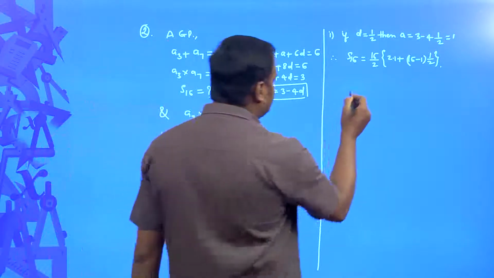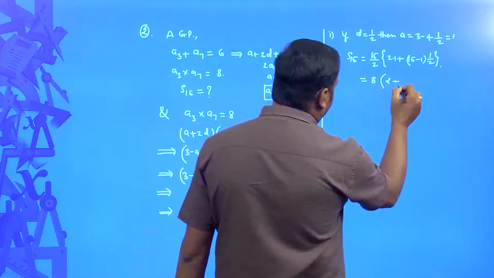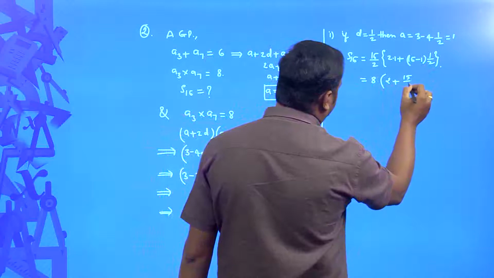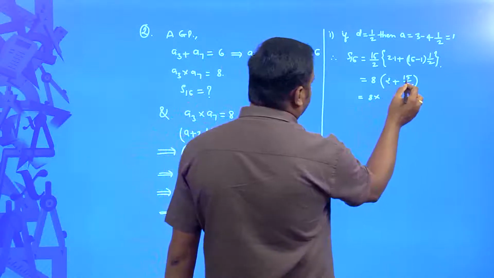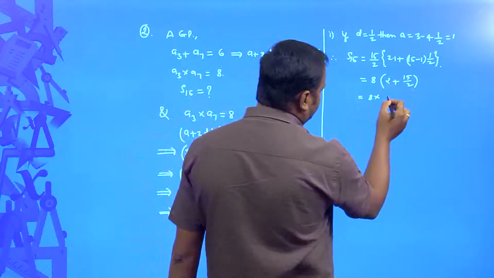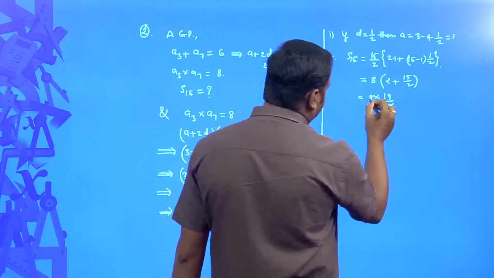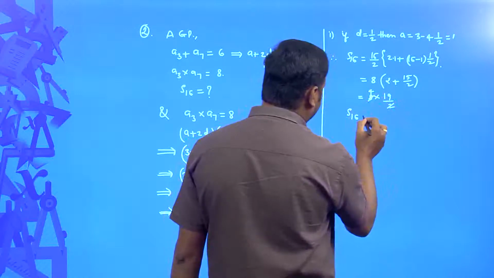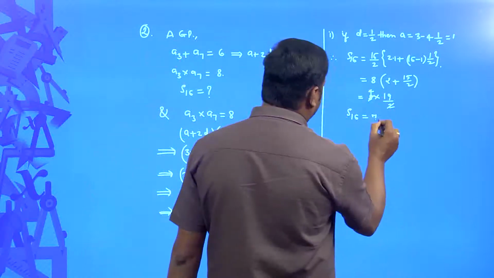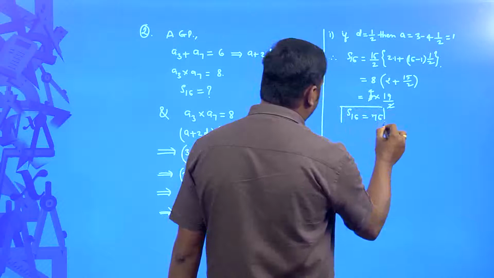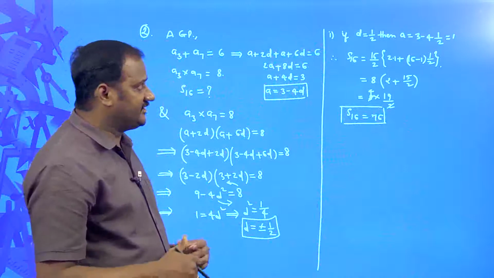So, when you simplify this, 16 by 2 is equal to 8 times 2 into 1 is equal to 2 plus 16 minus 1 equal to 15 divided by 2. Got it? So, which is equal to 8 into 2 plus 15 by 2, 2 2s are 4, 4 plus 15 is equal to 19 divided by 2. So, 2 4s are 8, then the value of S16 in this particular case is going to be 19 4s, how much? 76. So, this is the sum of the first 16 terms of the arithmetic progression when the value of d is 1 by 2 and the value of a is equal to 1.